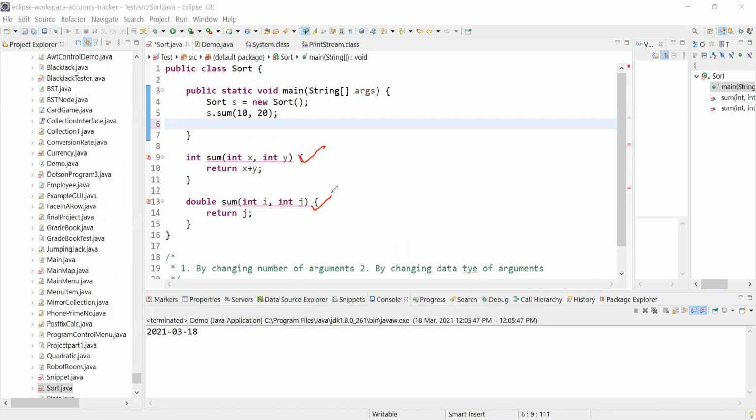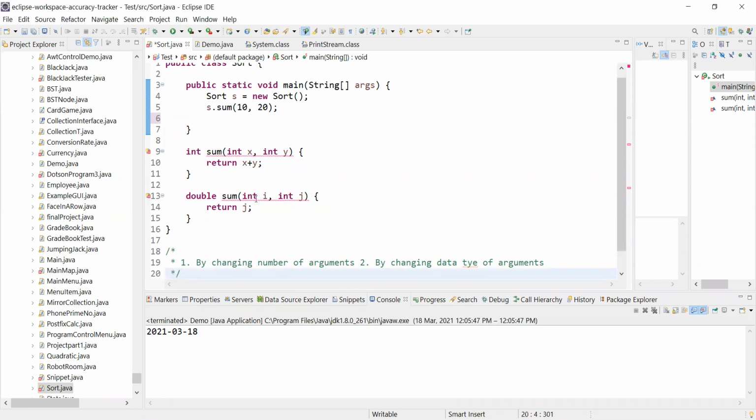There are certain other points as well. I'll come to that. Let me know if you have any doubt till now. No. So the method name should be the same, but the number of arguments may be different. The return type can be the same or differ. In this case, the first rule says by changing the number of arguments. So either we need to change the number of arguments or we need to change the data type of arguments.